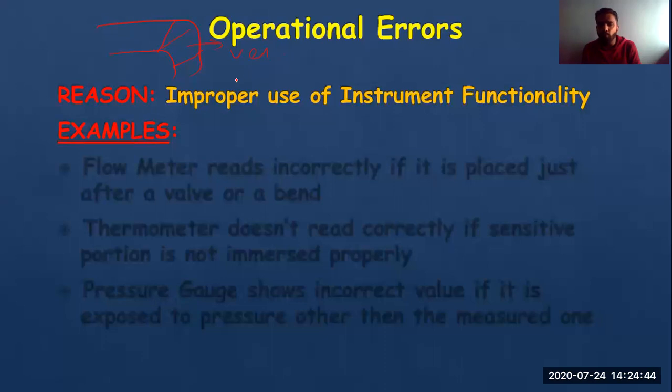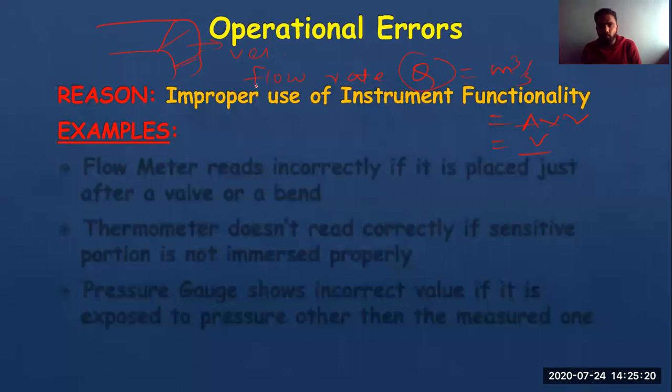Now, suppose you want to measure flow rate by using a flow meter, it might be an orifice, it might be anything. And you know that flow rate is measured in meter cube per second, and this is nothing but area into velocity. You can even say it as volume per time. Okay, we will go with area into velocity.